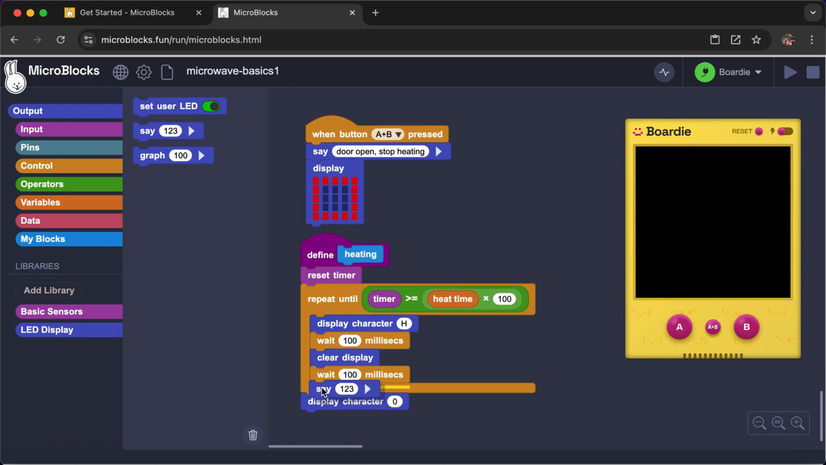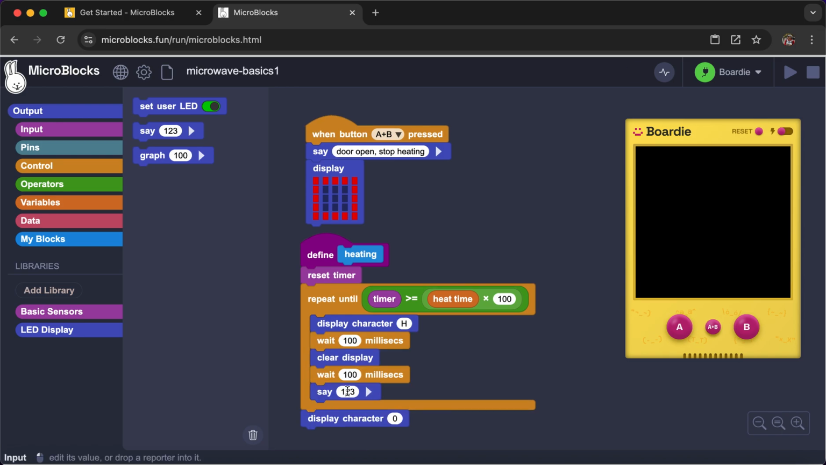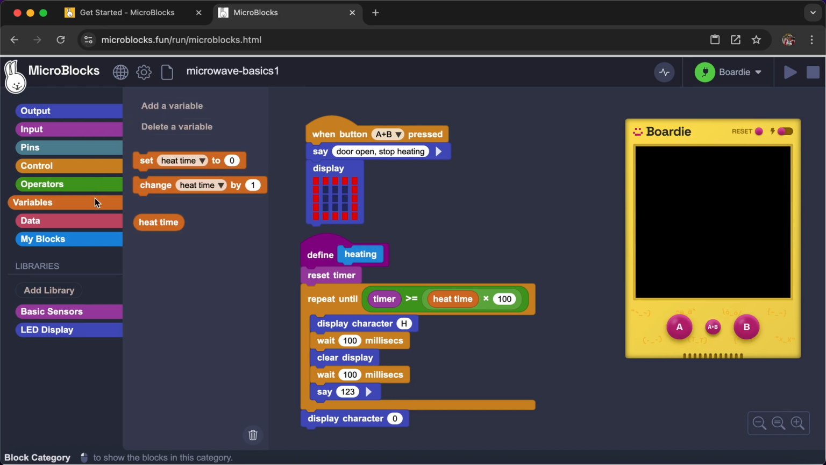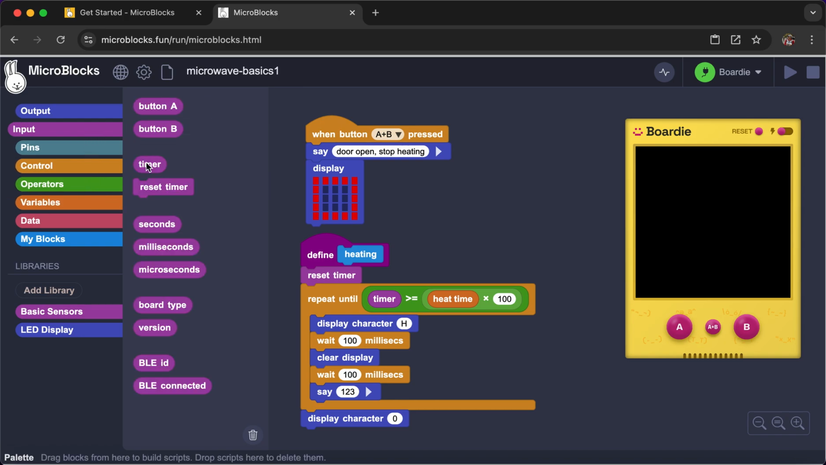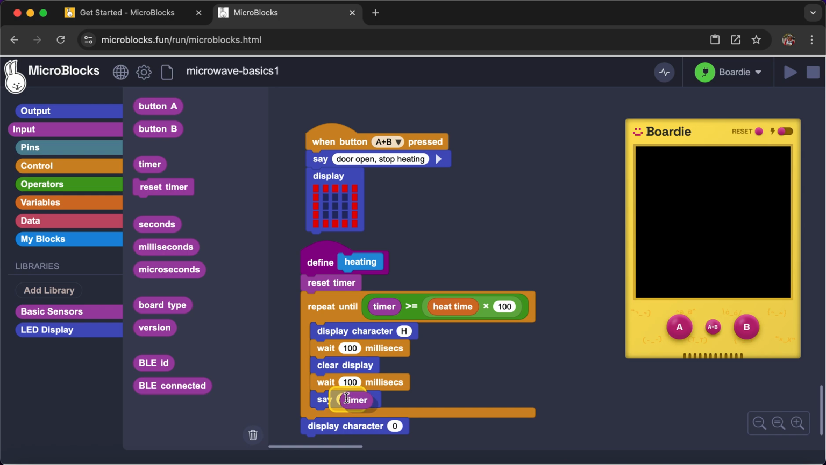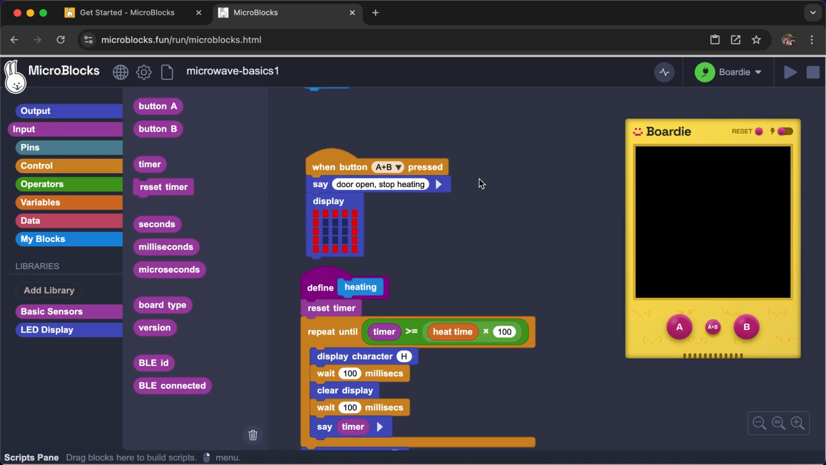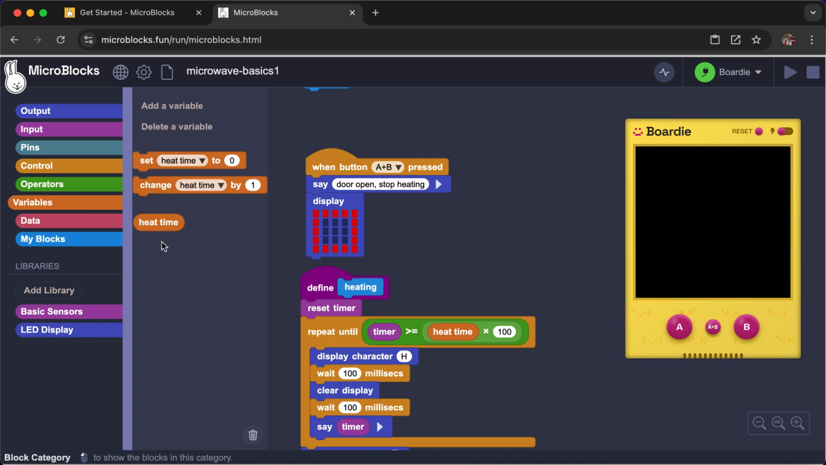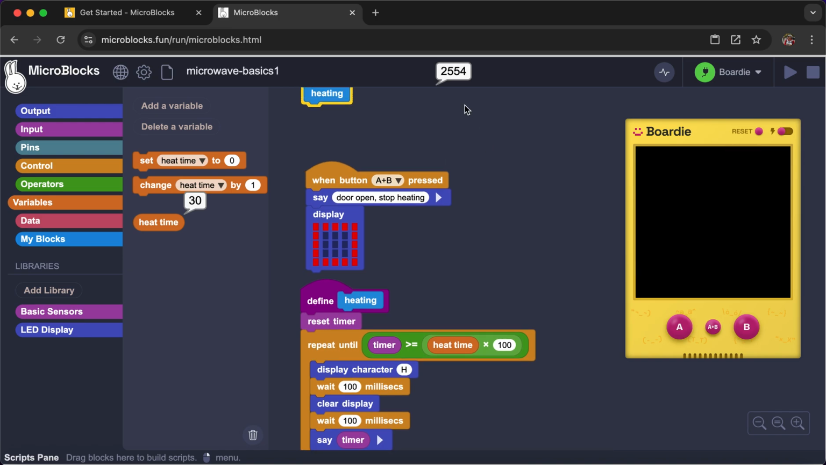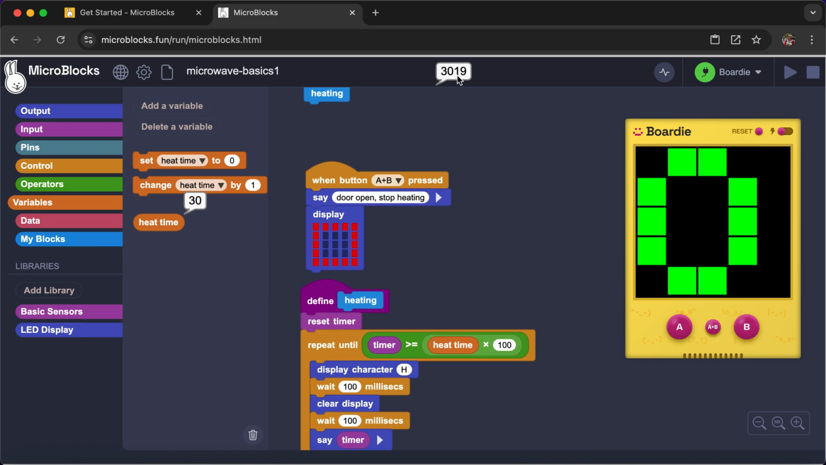So we'll say in our little loop where we're showing the heat, we'll say what the timer is as it clocks up, and then display a 0 at the end. So now let's try this. I think we already set some heat time. Yep. So if we press A, now it's going to heat. And you see this timer is counting up until it gets to basically 3 seconds, our simulated 30 seconds, then